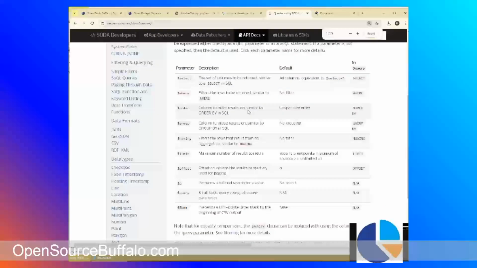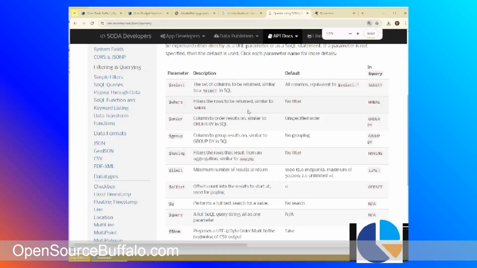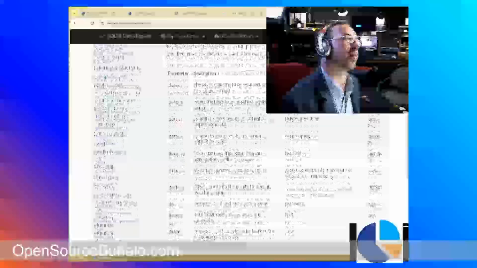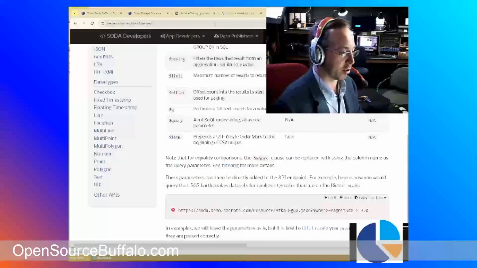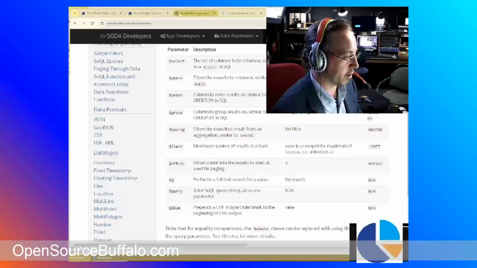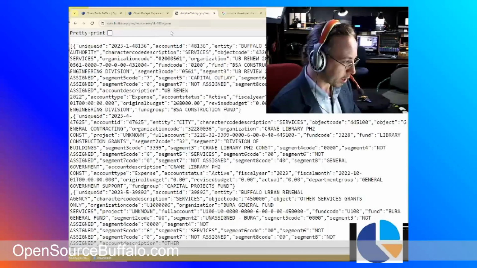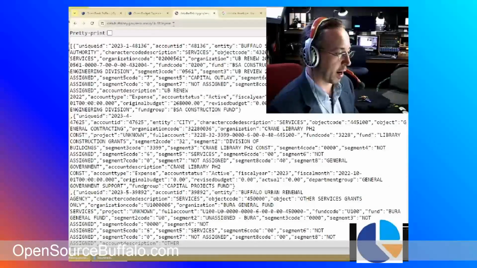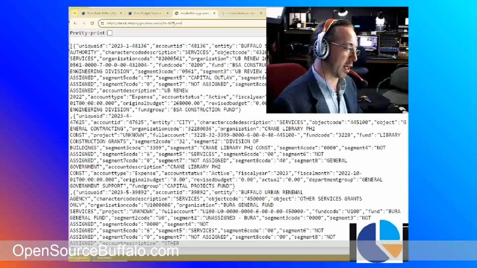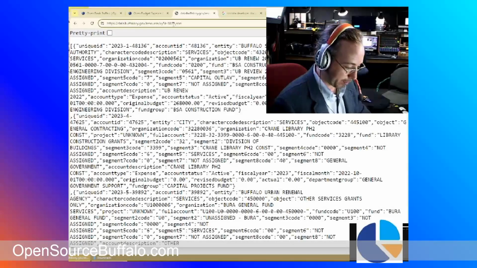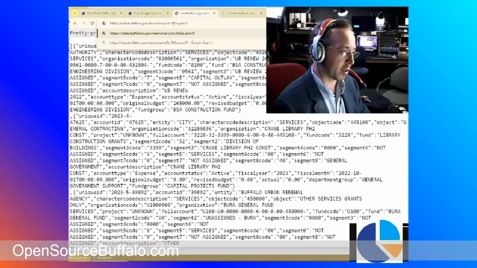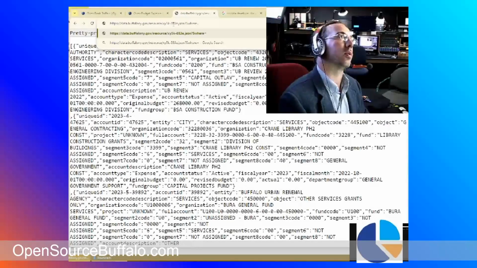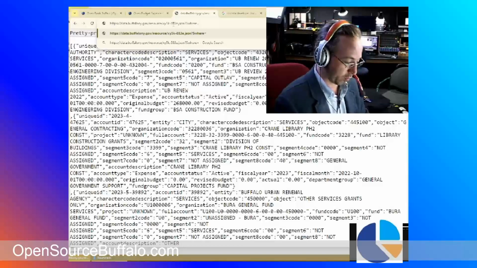And this is information about different types of parameters, like select, where, order, group, having, limit. I want to demonstrate how you could use these. Again, it's going to take some practice, but we have the API in a URL. So actually what I can do here is write a SoQL statement. I start that with a question mark, and then we'll use a where statement. So $where equals, and let's say, again, we'll do fiscal year